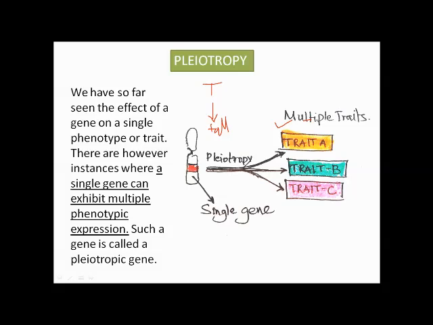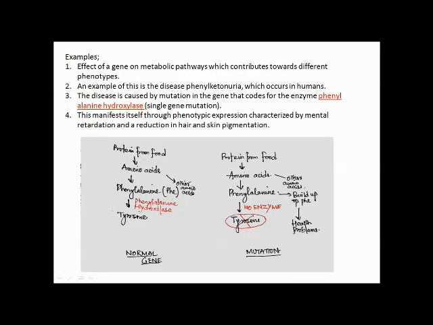This type of expression is seen in a very important type of disease or genetic disorder, which is called PKU or phenylketonuria. This is an example of a pleiotropic gene. These disorders are also called inborn errors of metabolism, and because it is concerned with metabolism,